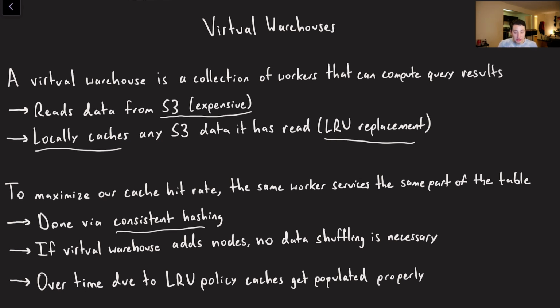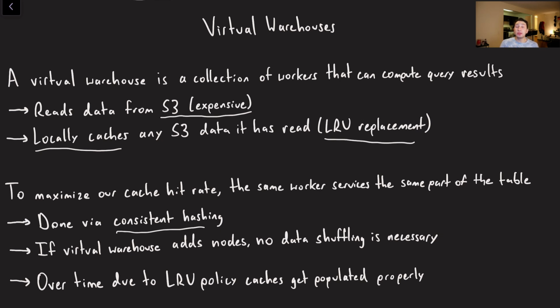Cool. You can do that, like I said, via consistent hashing. This is just going to ensure that we get relatively even distribution of the files to virtual warehouse nodes. And so if a virtual warehouse has 3 nodes and we add one more, you don't actually have to do any shuffling, right? This was a problem with Hadoop insofar as when we add an additional Hadoop worker, we have to shuffle data between them so that the data is evenly distributed for computation of queries.